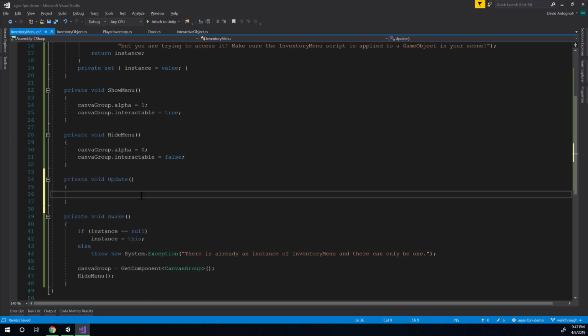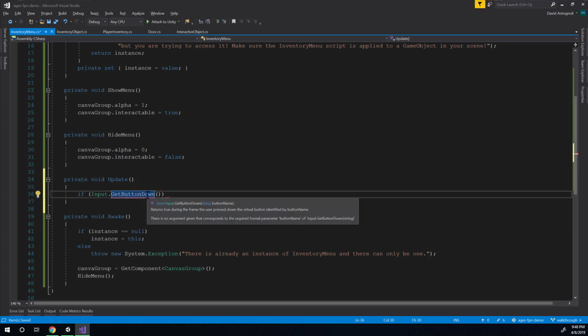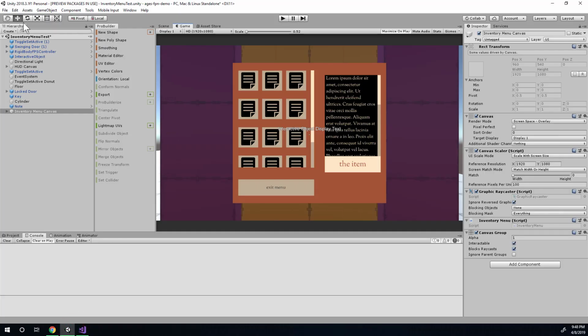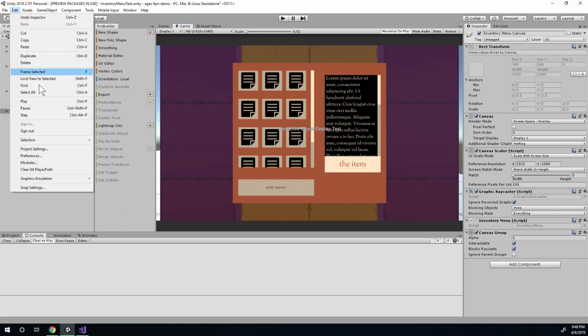And in here, we're going to say something like if Input.GetButtonDown, and then remember, GetButton is if they're holding it. GetButtonDown is if they've pressed the button just once. Anyway, the question is what button? And so remember, when you use the GetButton suite of methods, you need to set those up in the Unity Input